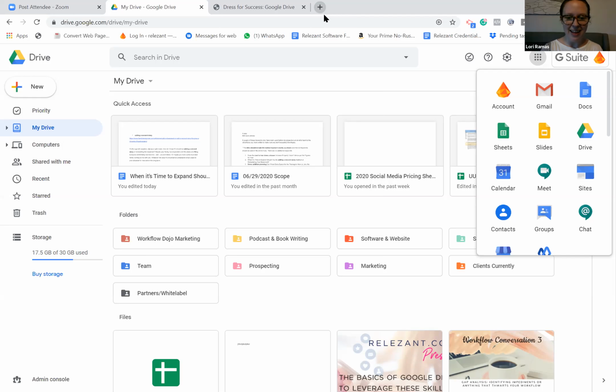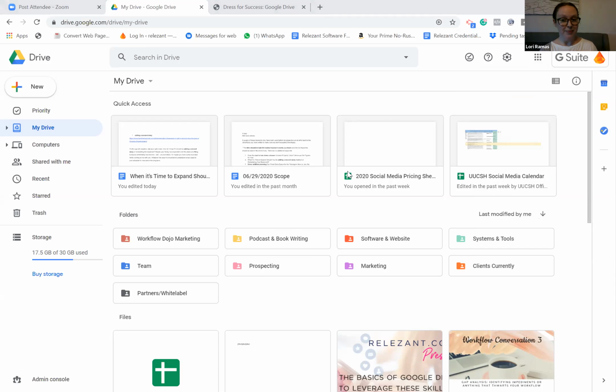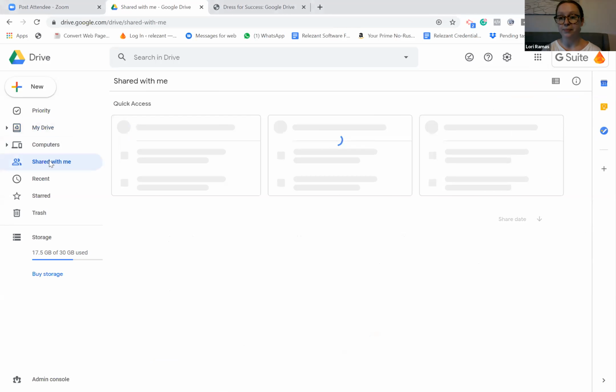Here's another quick thing. There is something on the left. You see where it says My Drive? I've highlighted it in blue. If you look down, there's Shared with me.